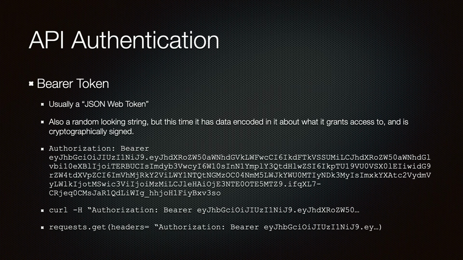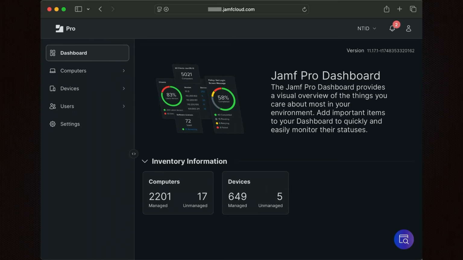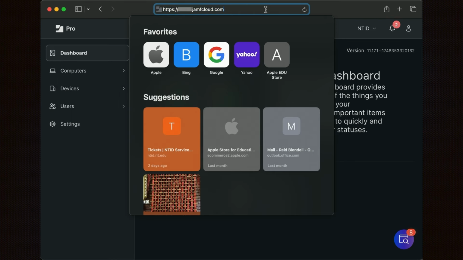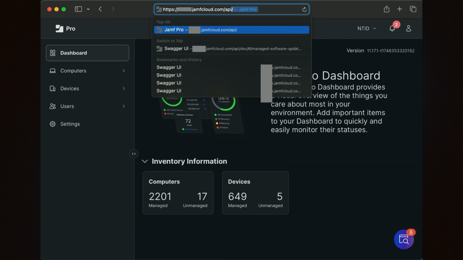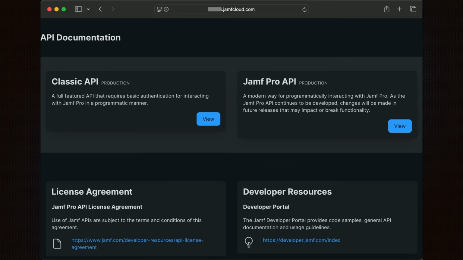Now, an example of a different kind of API documentation. One particularly cool kind of API documentation is called Swagger. Jamf is by no means the only vendor with Swagger, just going for the easy example here. You go to the regular address for your web app and add /API on the end. You then authenticate to the server.